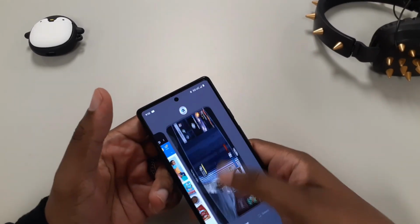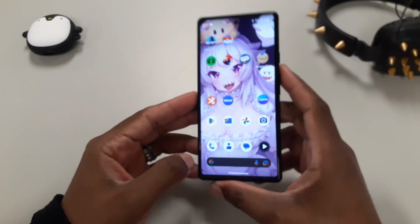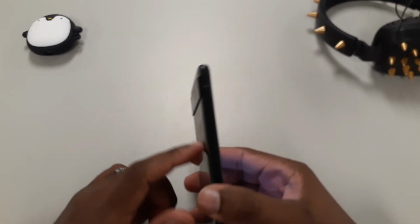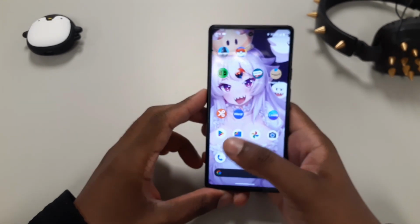I don't need to play this. It's just a regular game. So anyway, my point is that it does do a pretty good job of heat management if you're just using it every day. It did not overheat when I used this for the,